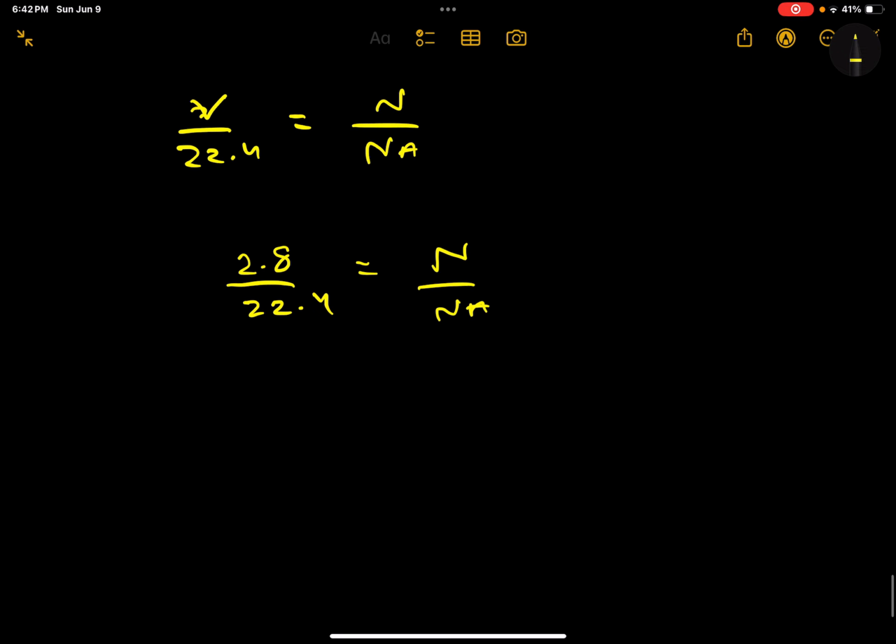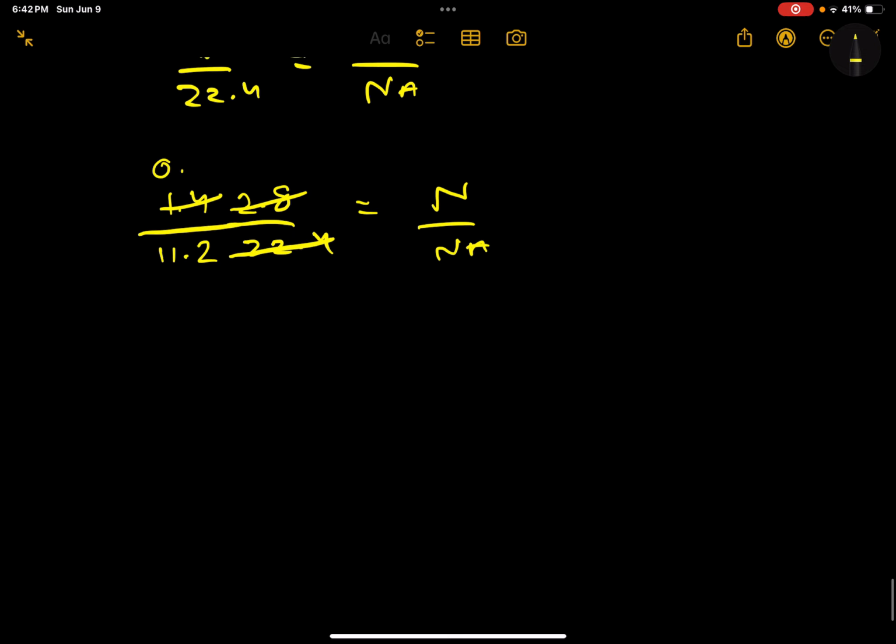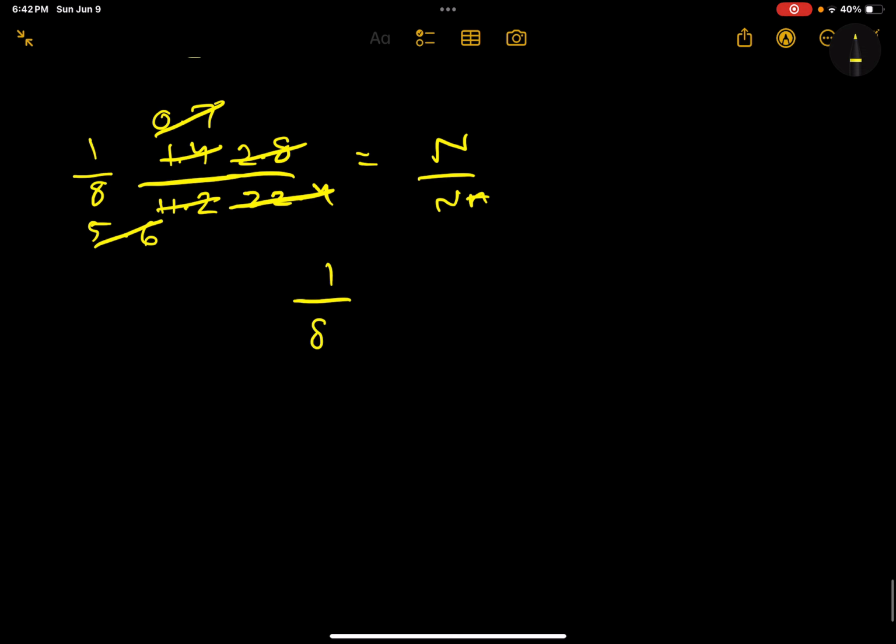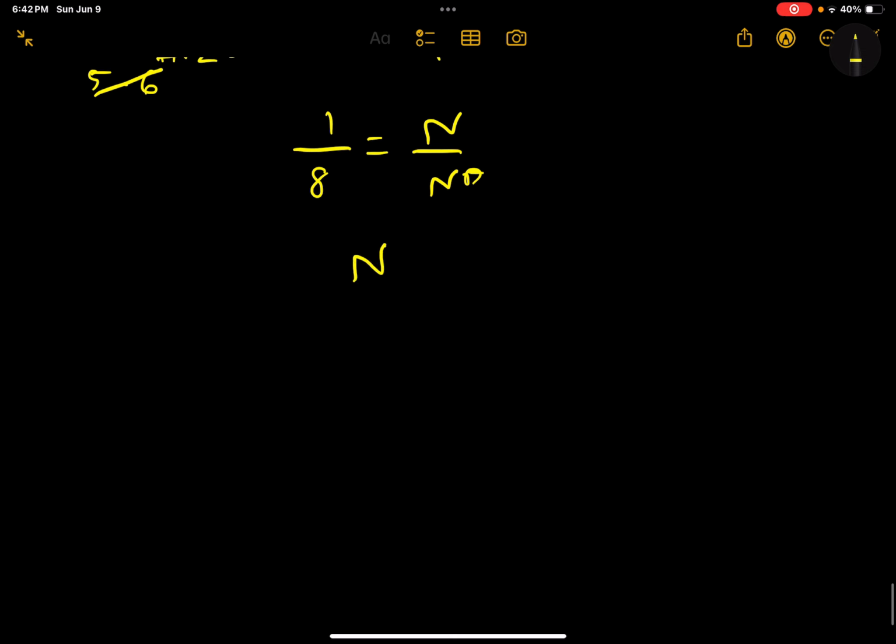Now 2.8 divided by 22.4 gives 1 by 8 as the ratio. So 1 by 8 is equal to N upon Na, and that means N is equal to Na upon 8. So this is the number of molecules,